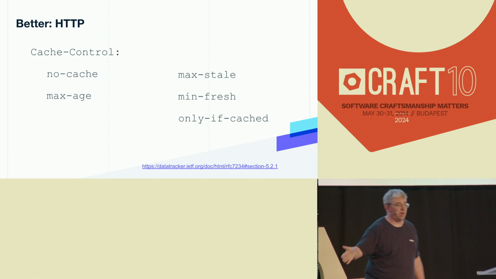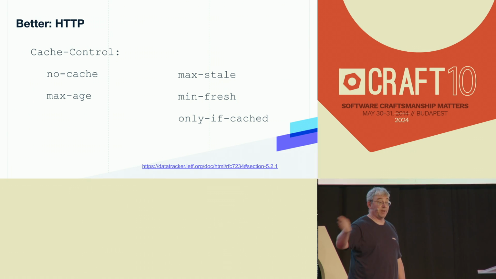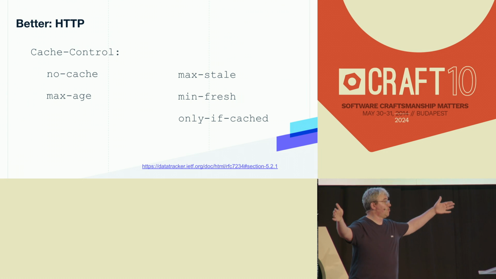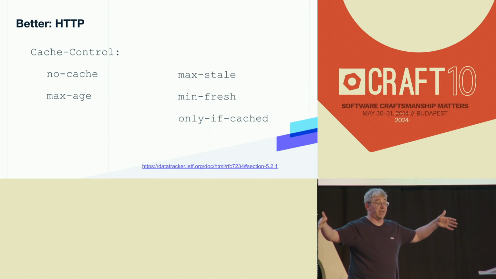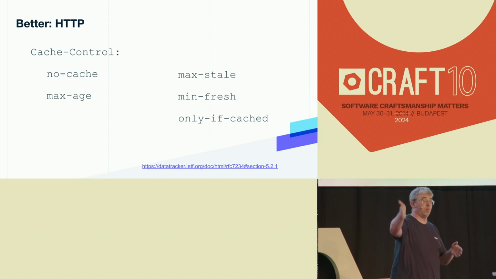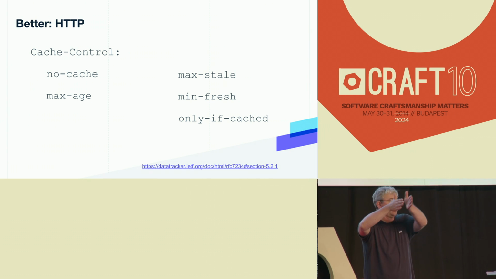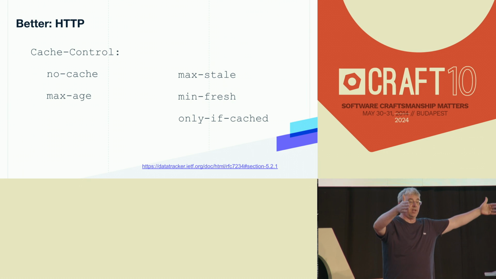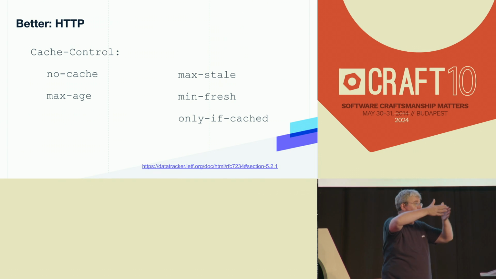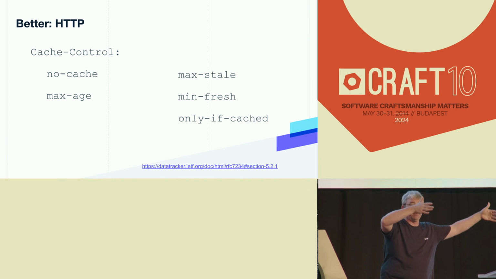We talked about stale responses, right? I can be very explicit that I'm OK with stale responses as long as they are no more stale than this amount of time. That can be very useful. Or min-fresh, right? When I get a cache entry, there's a certain amount of time that it's going to be valid, the remaining valid time, that's the freshness time. So I can say I want you to give me a response that's going to be good for at least this amount of time.